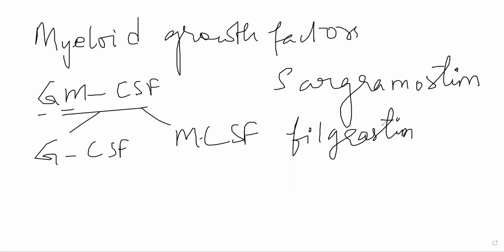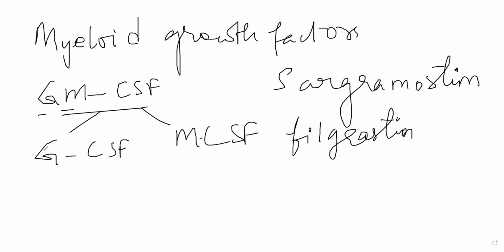Specifically, these are given in cancers. When myeloid progenitor cells need proliferation and they are not working, they are given in cancer chemotherapy, aplastic anemia, AIDS patients, patients who have congenital neutropenia, or AIDS patients who have neutropenia. In very special conditions they are given, normally not, because they have a lot of side effects. They can cause bone pain, fever, arthralgia, myalgia, dyspnea, a lot of problems are associated.